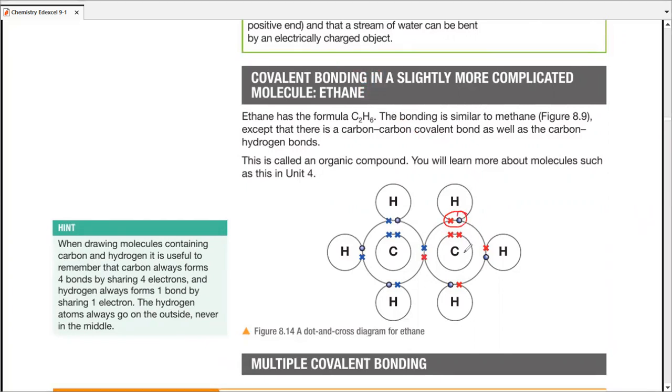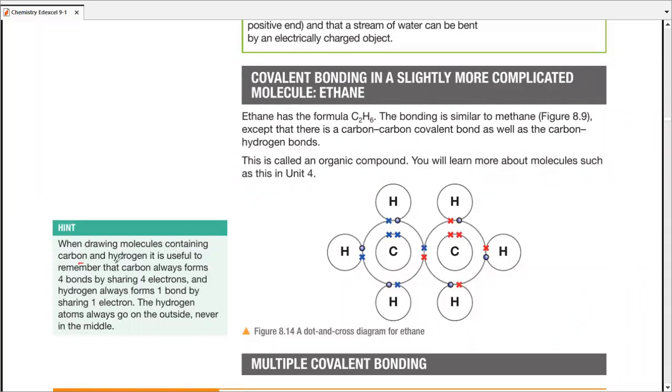Let's count for the carbon atom. This is the first octet for this carbon atom, second, third, fourth, clear enough? And if I count about this carbon atom, so this one is the first one, then second, then third, and then fourth. So that's how, with 4 pairs each, carbon atoms actually stabilize themselves by having 8 electrons in their outermost shell. All right.